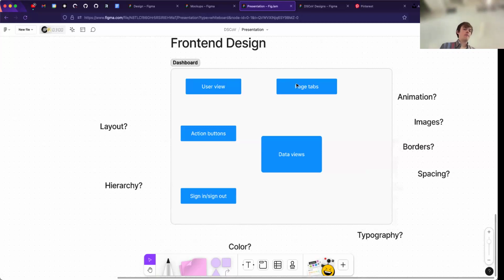Like we have to think about hierarchy. What's the most important thing? What are the second most important? What are the third most important? How do we differentiate? What colors are we going to use? Are we going to add any animations or transitions between elements? What kind of spacing system are we going to use? Typography, all that stuff. And